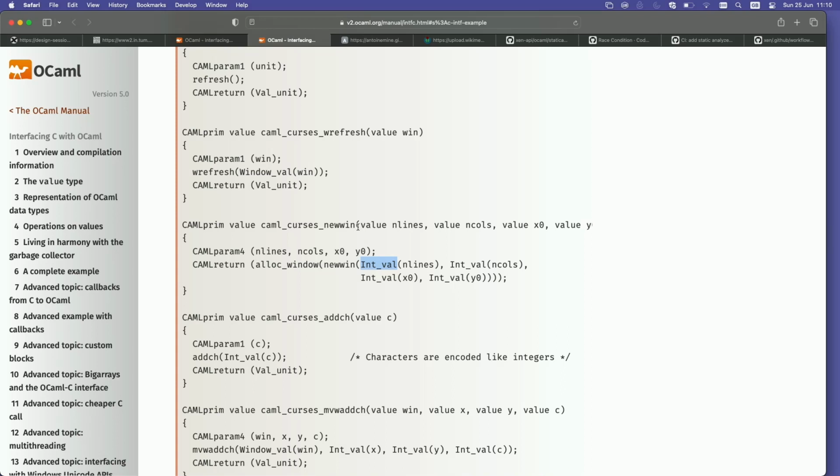And also, you have a number of arguments here. You see this one has 4 arguments, but there's nothing checking that you actually declared 4 arguments on the OCaml side. So you could have more, you could have less. So all of this makes it quite difficult to review a